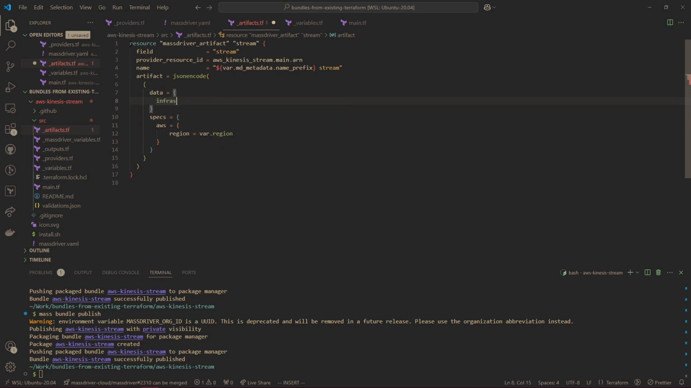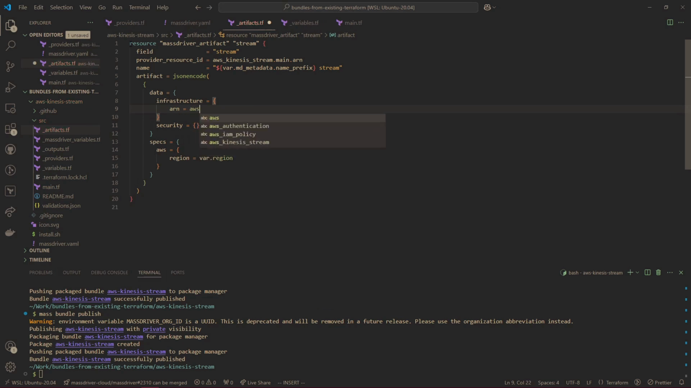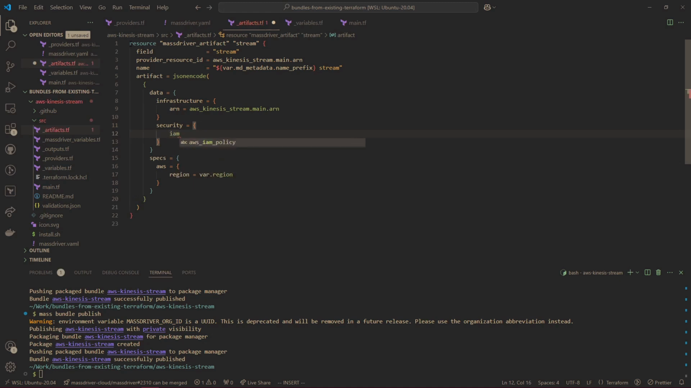Next, we have two fields within data. One is infrastructure. This is going to be the resource name of the resource we're creating, so it's going to be the stream ARN. The other field is a security field, which is going to pass forward connection data, and we're going to use IAM for that. So let's first put in our resource name for our Kinesis stream, and next let's make an IAM field, because we're going to use IAM security for this Kinesis stream, and we're just going to put in the three policies here. So we're going to put in a read policy first,